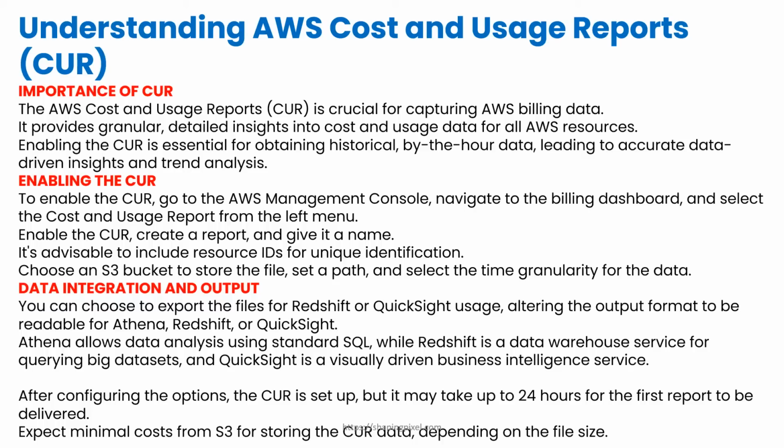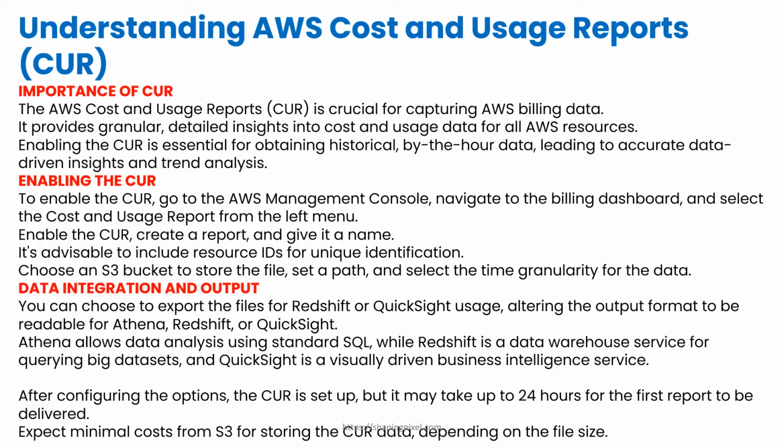Enable the CUR, create a report, and give it a name. It's advisable to include resource IDs for unique identification. Choose an S3 bucket to store the file, set a path, and select the time granularity for the data. You can choose to export the files for Redshift or QuickSight usage, altering the output format to be readable for